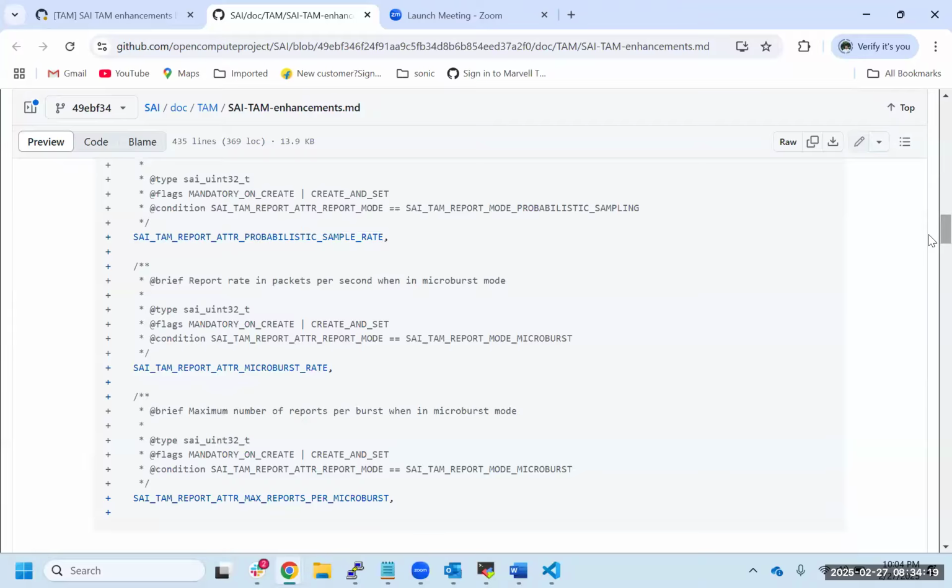I'm just thinking the problem would be how do we do the capability query to understand what kind of policer is supported with the TAM report. The device supports all types of policers when I use it with an ACL meter or an ACL action. But with this kind of TAM reporting, we might not support all those possible combinations. You can try looking at the storm control policer, which also doesn't support all those modes, if I remember correctly.